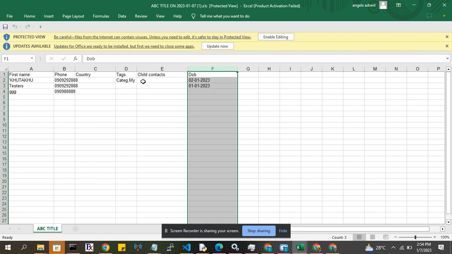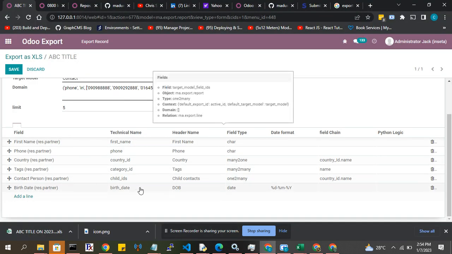So, for example, if my child contact has country names, I can come back to my system. For example, you see this child contact. I can come here to now provide its country.name. So you can say country.id, you can say country.code, whichever value or reference you want to get in this particular one to many or many to many